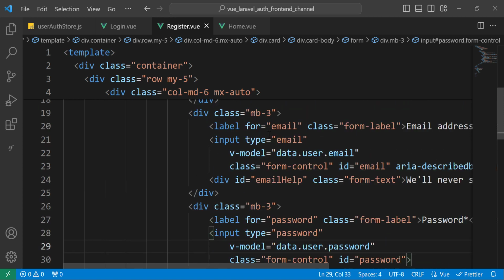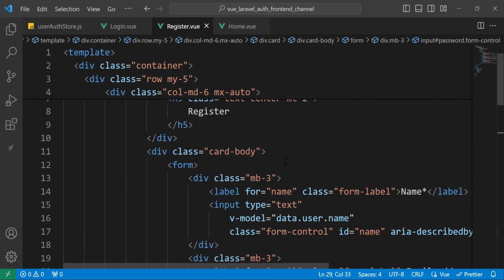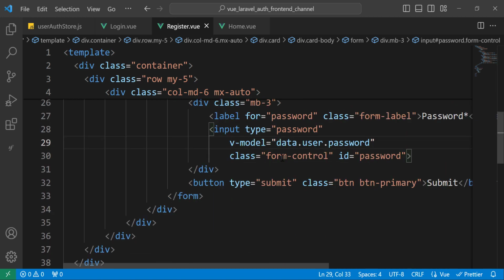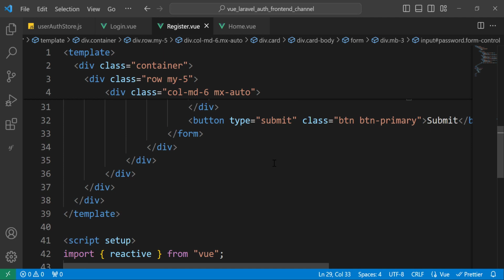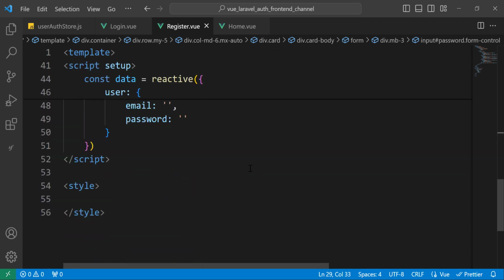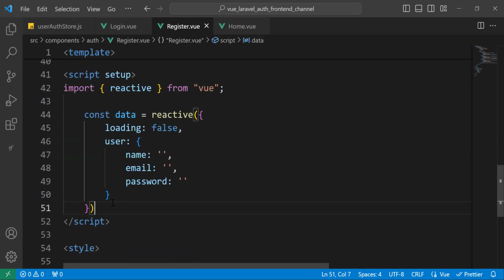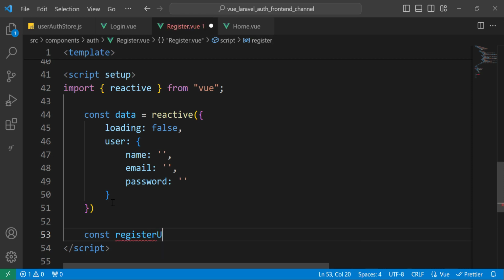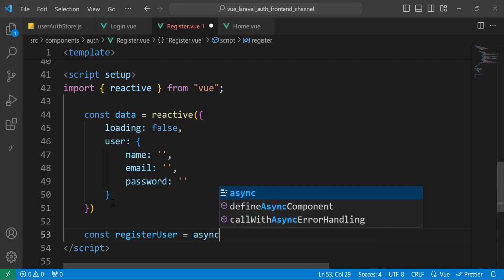So here it's inside input and here inside the input. So now we have linked the inputs to the user. We need to display or to register the user. So let's register a new user. Let's create the function, name it register user. This function will be async,